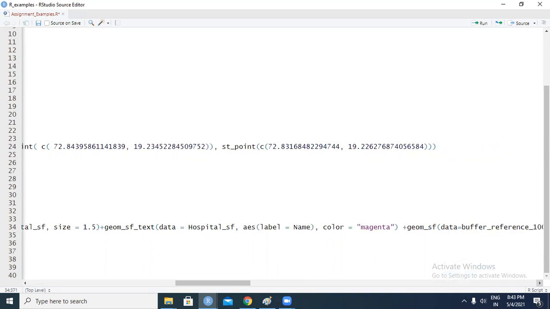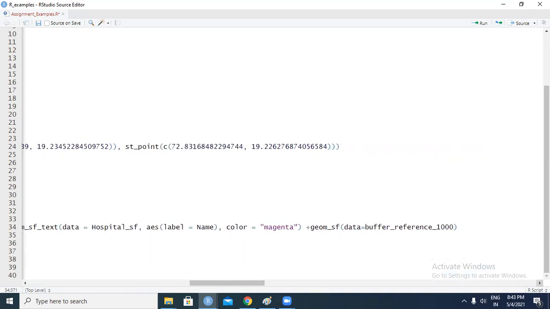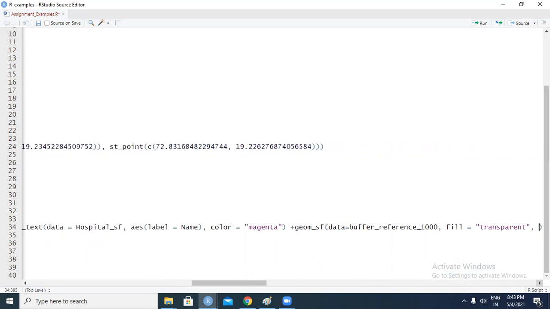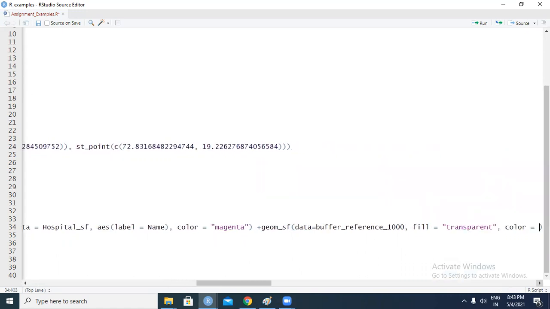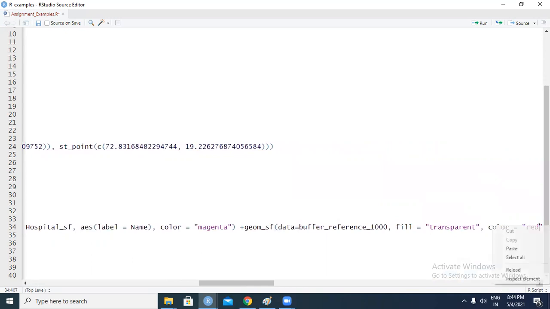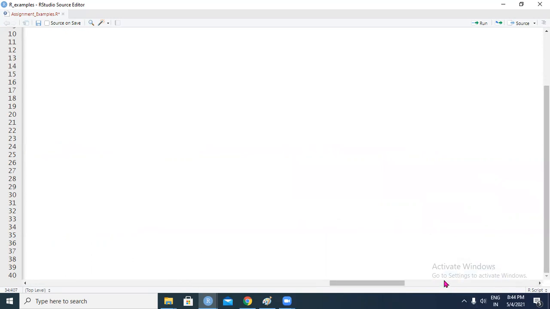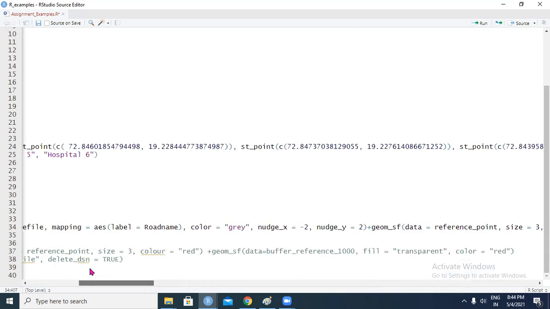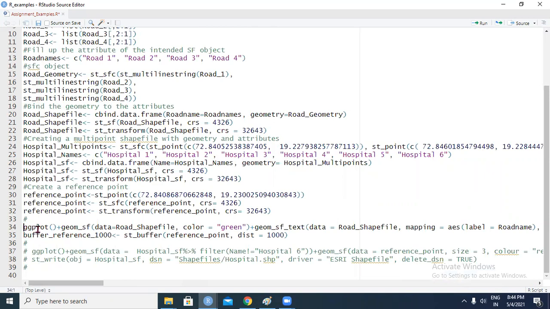Okay, buffer reference 1000, and fill equal to, so there's a fill that I can use which is transparent, so that I can see what's inside the buffer, and also say color equal to red. The reason I'm not breaking the ggplot between two lines is because sometimes it does give a problem. It doesn't read.